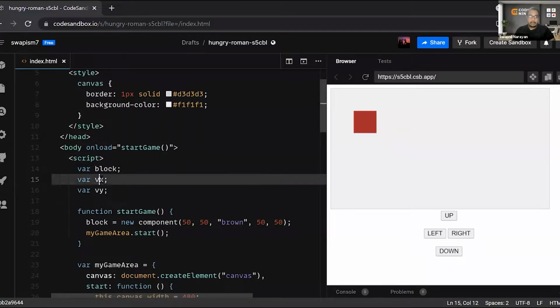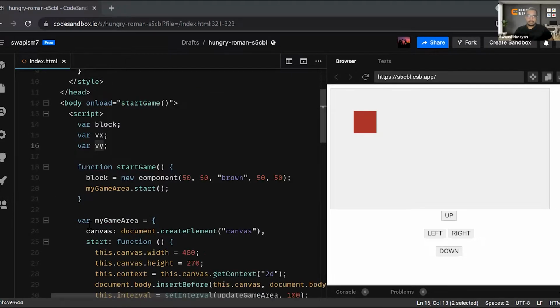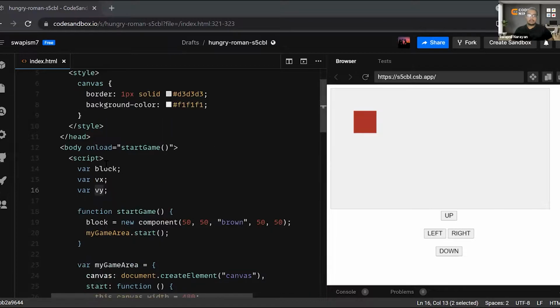You guys got the idea what is Vx and Vy, right? Any doubt with the Vx and Vy? What is Vx and what is Vy? Can anyone tell me? Anyone? What is Vx over here? And what is Vy? And what is this variable block?